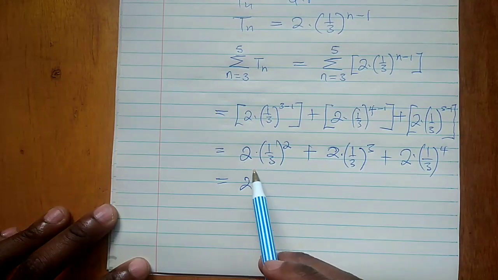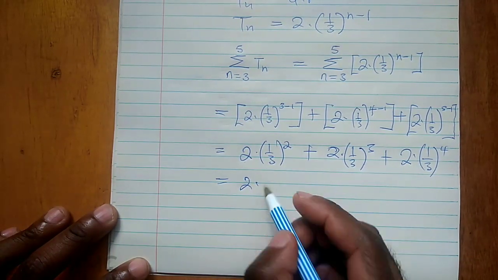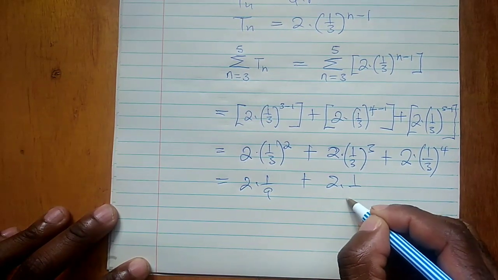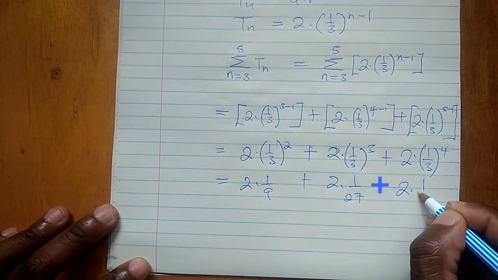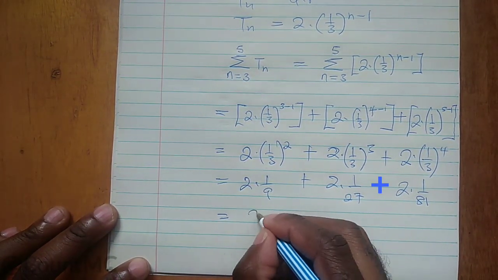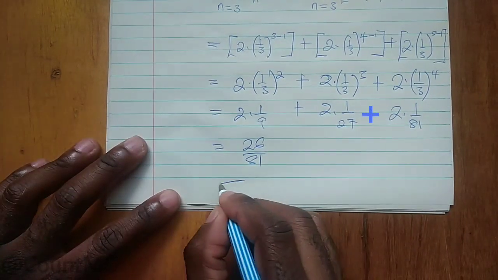Two times this squared is a ninth. 2 times... so the final answer